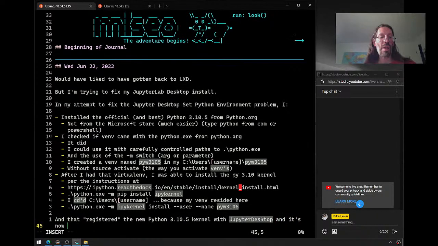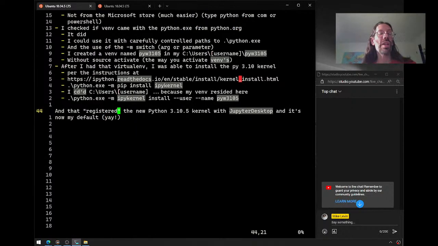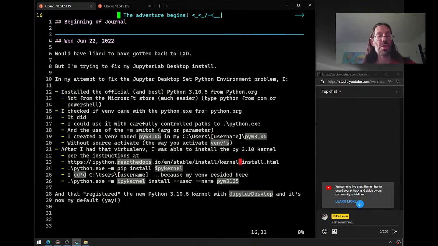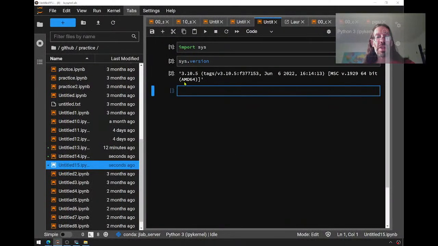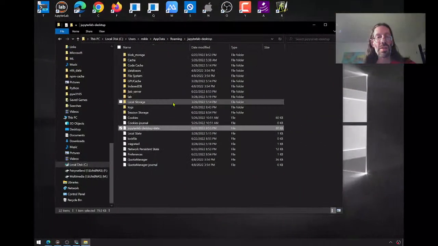And it's now my default. Yay! You know, I've been on Python 3.8 kind of unwillingly long enough on Jupyter that it's time that I'm on 3.10 finally. And now you'll notice my 3.10.5 here is in parity with